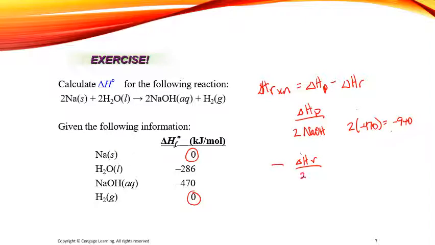So I have 2 units of water as a liquid. Notice state of matter is important here because, again, physical processes, they're going to have different values, whether it's a solid, liquid, or a gas, based on the amount of energy that they possess internally to be in that state of matter. So in this case, I have 2 times the negative 286, and 2 times negative 286, what's that, negative 572. So at this point, I can take negative 940, subtract negative 572,